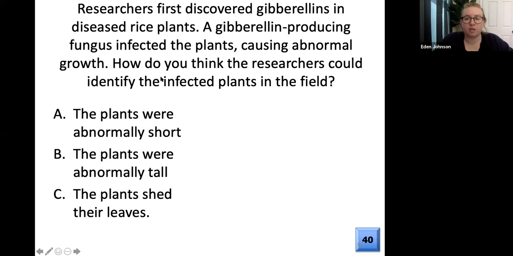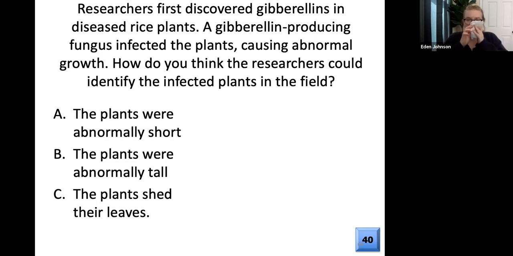How do you think the researchers could identify the infected plants in the field? So if you have increased gibberellin, go back in your notes, figure out what gibberellin was for. Were the plants abnormally short? Were the plants abnormally tall? Did the plants shed their leaves? Okay, so there are a few different hormones that are responsible for shedding the leaves, but that's not one for